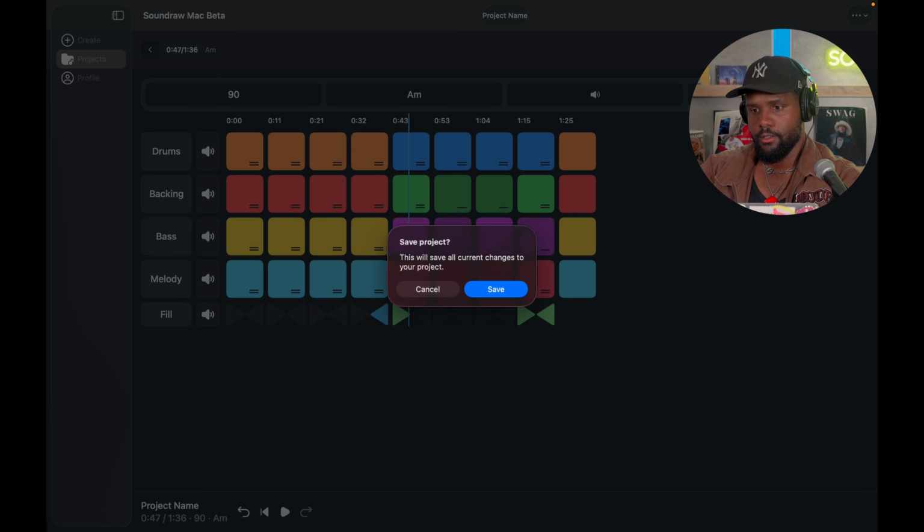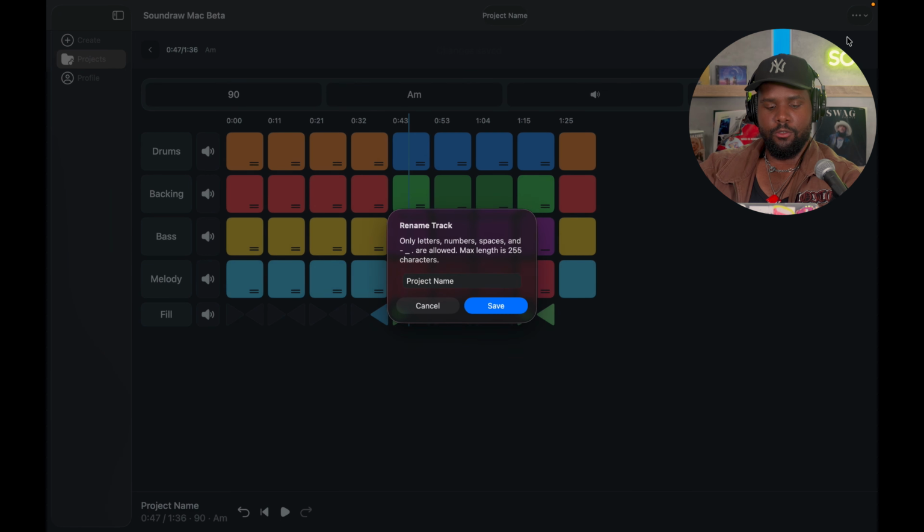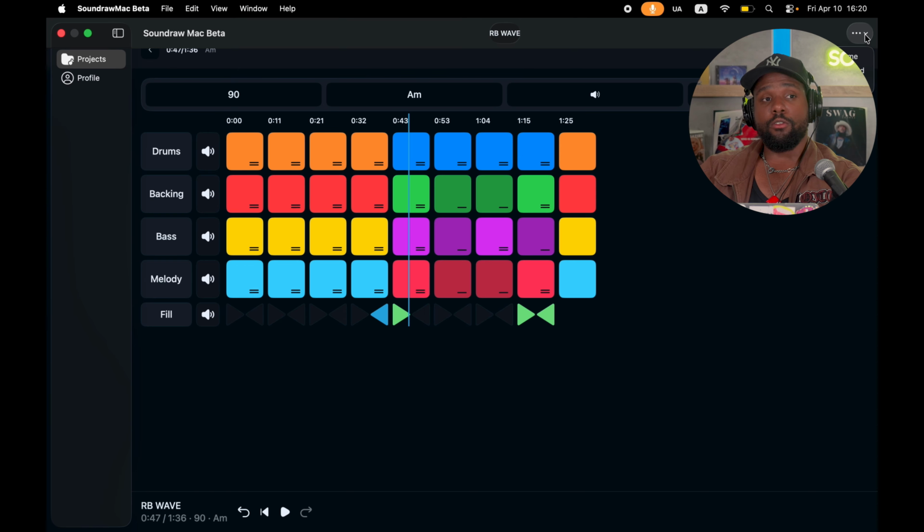I like this. So before we forget, let's just make sure to save this loop. Yes, we're gonna save this. And now let's rename it. Let's just do RB Wave, because the first section is more like R&B. The second section is more like that synth wave lo-fi thing going on. So let's do that. So now we have RB Wave,